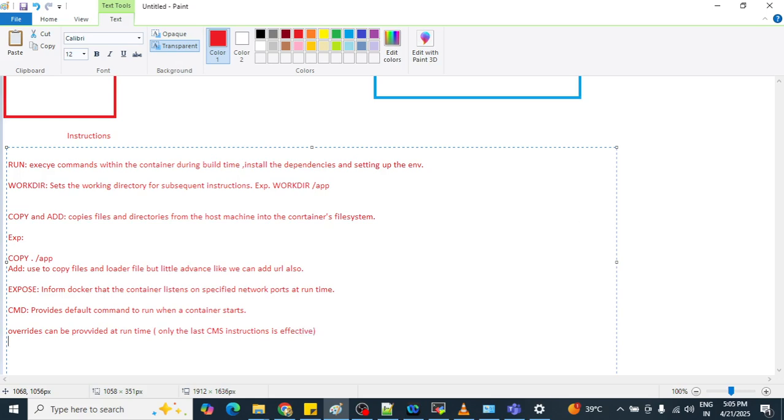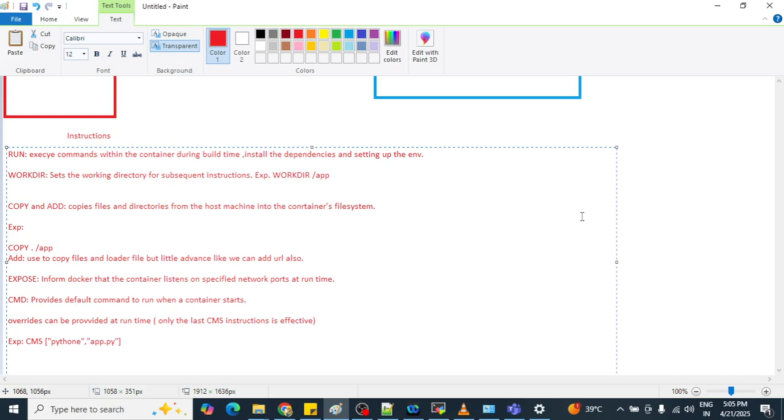For example, if you want an example, then I can give the example like CMD. So that command will execute in your runtime only.